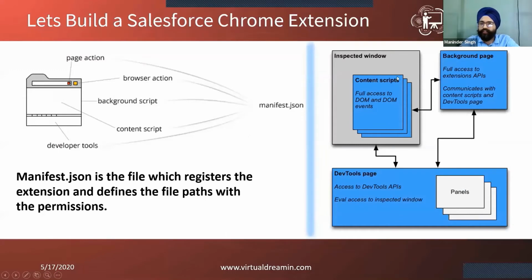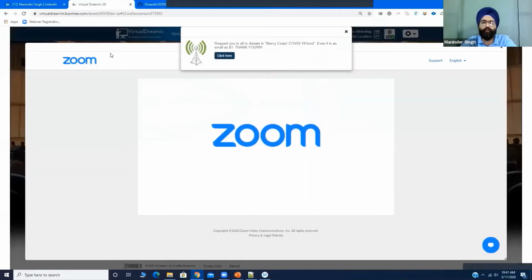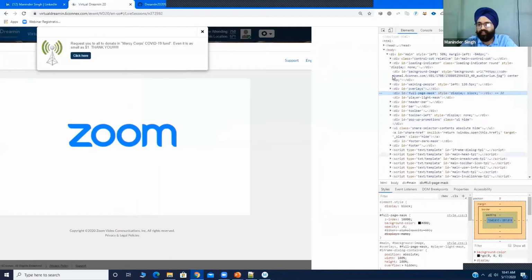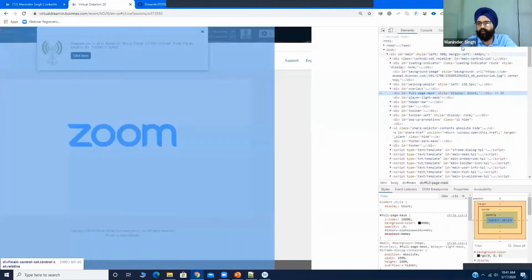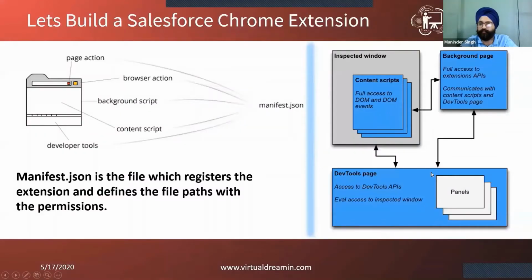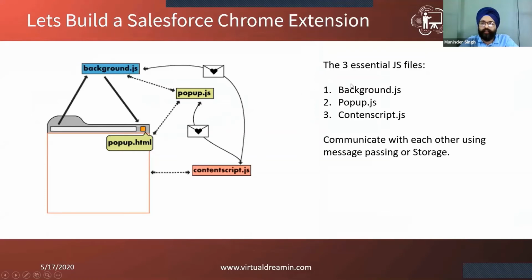On the right hand side, you can see that this is a window of Chrome or any browser. Okay, and the content scripts run for each tab. They have access to the DOM, which I said, background pages at the backend, and we have dev tools like we do in Chrome. If we do right click inspect, this is the developer tool. You can create applications which deal with this as well. And Salesforce has created one, Lightning Inspector. If you have worked on this, that is also a Chrome extension. So they can talk to each other using message passing.